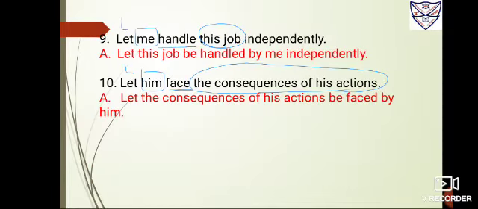Now number 9, let me handle this job independently. So it is me. This is a statement that already begins with let. Okay, so here the statement that already begins with let, you cannot use should with it. So let will, as I've put L over here, so you also have to do the same thing. You have to again start the statement with let only. The next thing is, though it is used me over here, and me is always used as object, but when it comes with the sentences beginning with let, it is used as a subject. Okay, but because it is me only, so no need to transfer to I again.